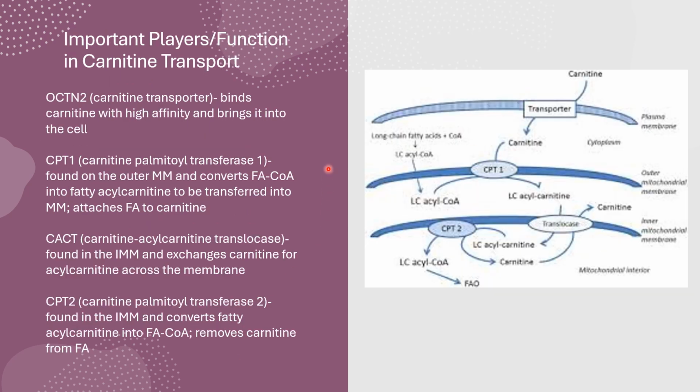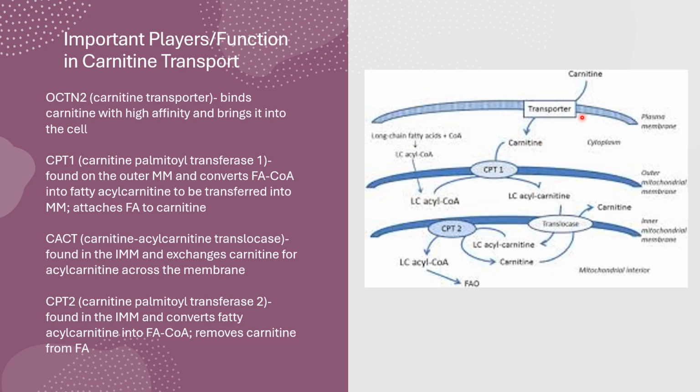So this is just an overview of the important enzymes and transporters within this carnitine system. First you have your free carnitine that's outside of your cell, and this comes from diet or from other processes that might make it. This binds to your carnitine transporter, otherwise known as OCTN2. This binds carnitine with a high affinity, and it allows it to enter into